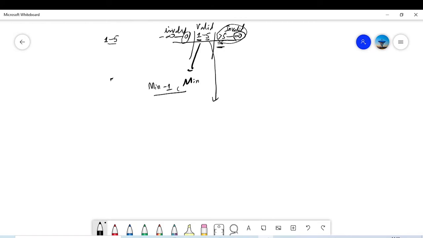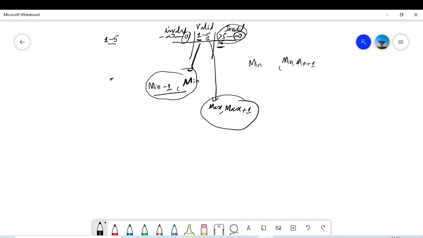This is our max value, we will also take it into consideration, and max plus 1. It is known as boundary analysis, where on each boundary you take two values. Sometimes it is three values. How do we do it? Normally with the minimum we also take minimum plus 1 and minimum minus 1. Similarly with max plus 1, max for sure, and max minus 1.